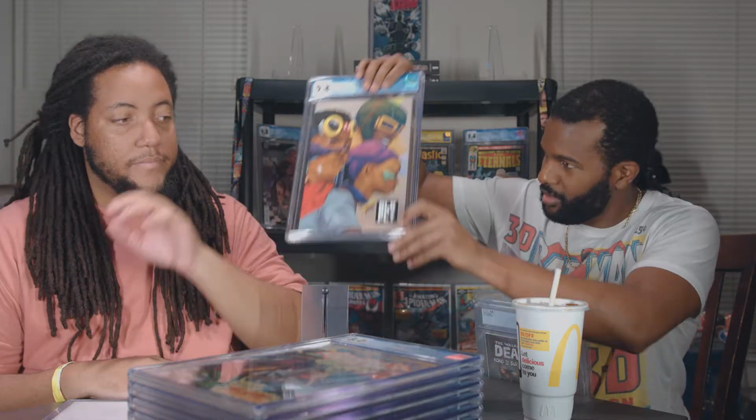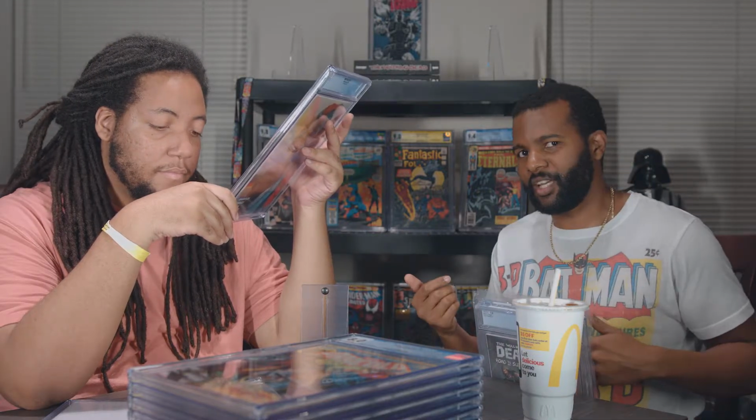And I'm pretty sure this had something on it, yeah, this corner right here. Yeah, it was like a little bend. Yeah, no, you can actually see it right there. So it's interesting how they're doing this stuff, but mine doesn't have that or anything at all. So mine got a 9.8 and he's got a 9.8. So you know, it's always interesting with this grading stuff. Well, yours had a little bend too, I think. Nah, it had